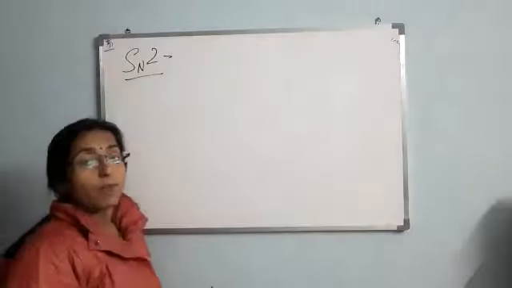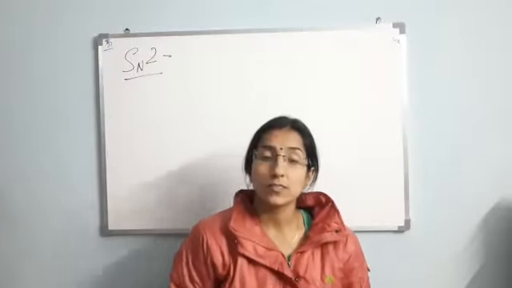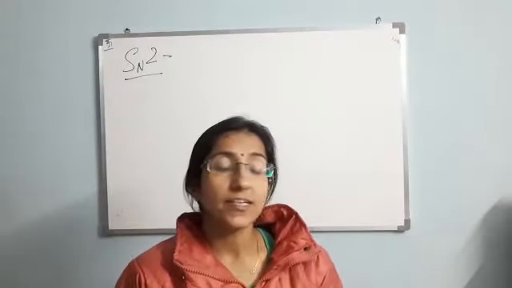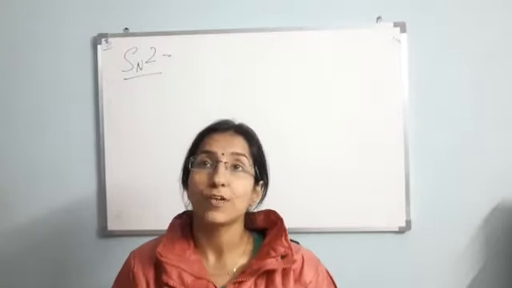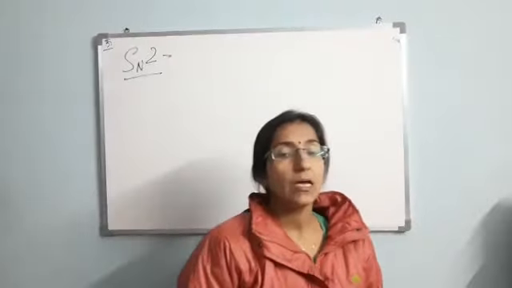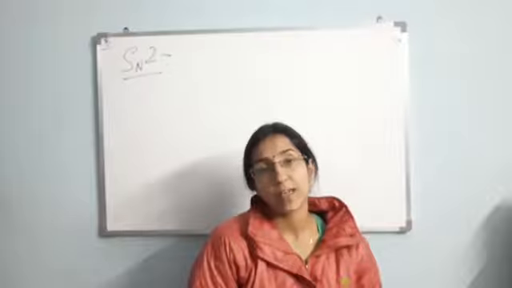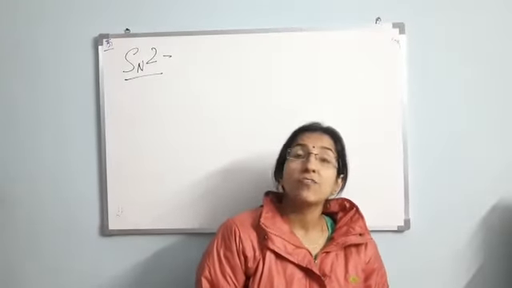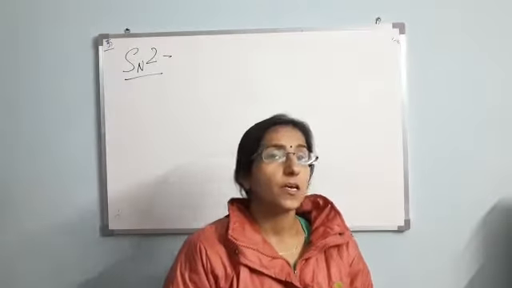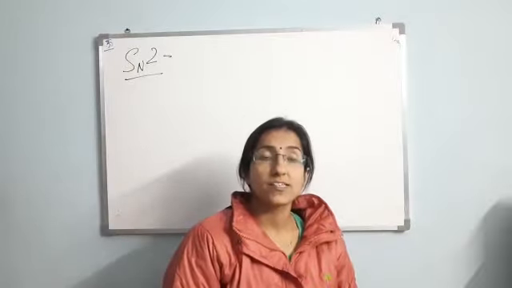You are all aware of SN2 and SN1 if you have read class 12, chapter 4, chemical kinetics: substitution nucleophilic bimolecular and unimolecular reactions. What does this mean? If the reaction is bimolecular, it means two molecules are taking part in a chemical reaction at the same step. And if the reaction is unimolecular, it means one molecule is actively participating in the completion of the reaction. So today we are going to study SN1 and SN2.